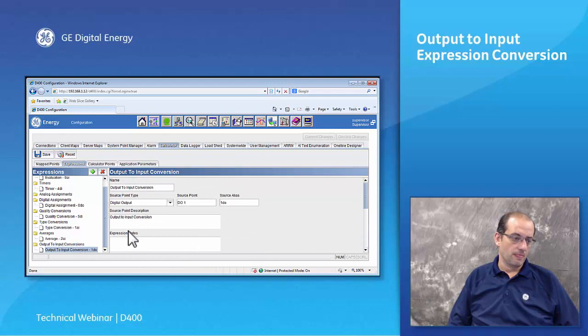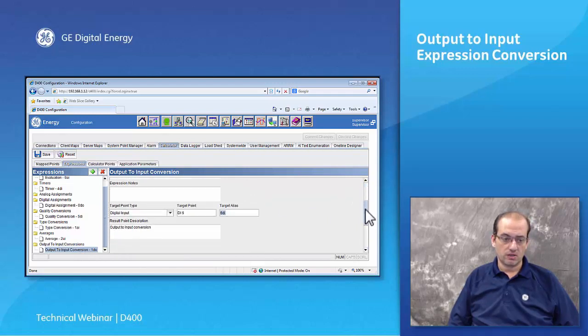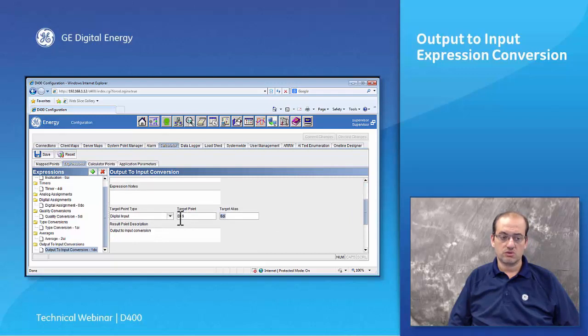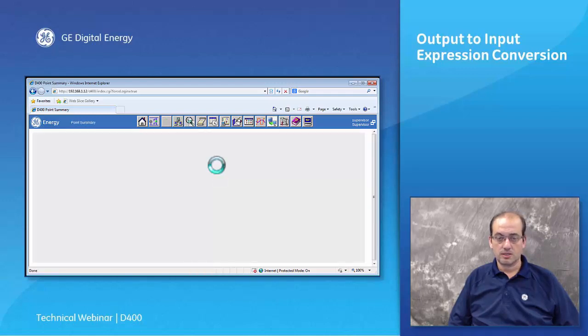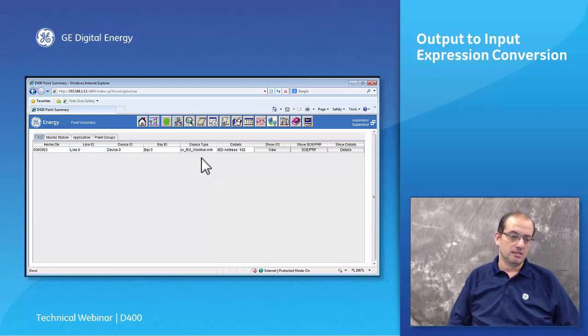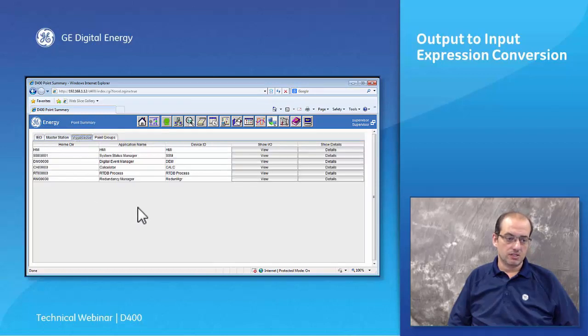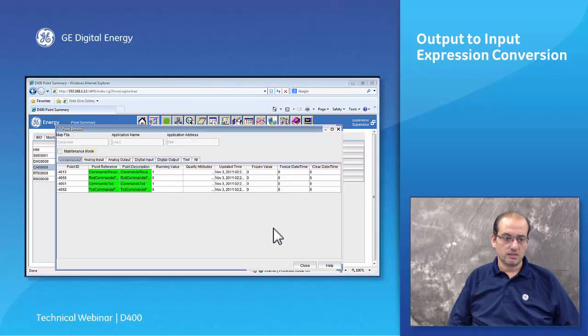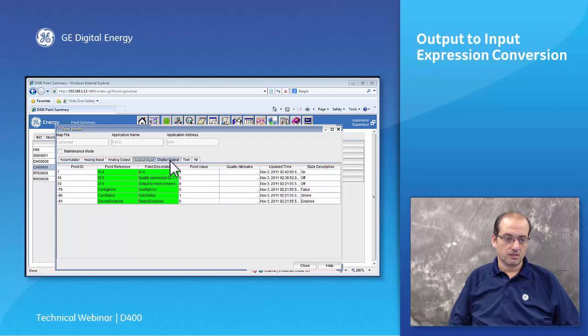So just to demonstrate this, we're picking digital output 1 of calculator and we're converting the value to digital input 6 of calculator. So if I go back into my point summary, and we go into the applications this time, directly into the calculator. Under the calculator, we can go to the details, and in here we're looking at 2 points. We're looking at the digital input point,